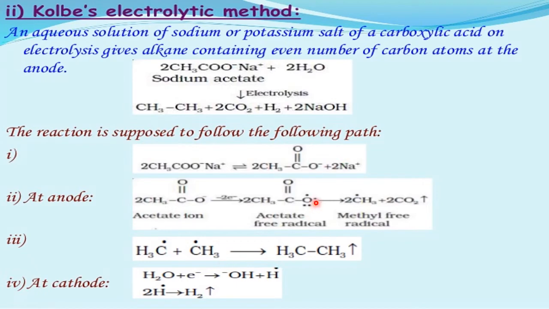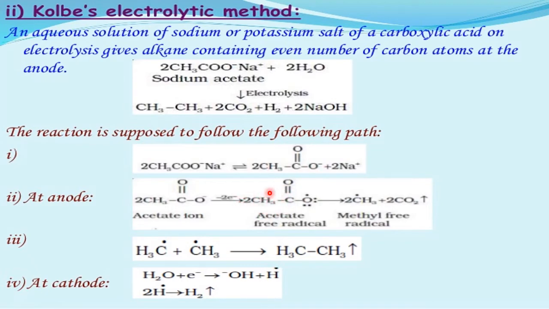Now what happens here? 2CH3COO minus at the anode is negatively charged, rich in electrons. CH3COO minus means one electron is extra, but there are two CH3COO, so two extra electrons are there. Those two electrons are lost at the anode. C double bond O is here, so already this is there. Now the extra is lost, only one is there. Out of two, one will go. And two CH3 free radicals are formed,